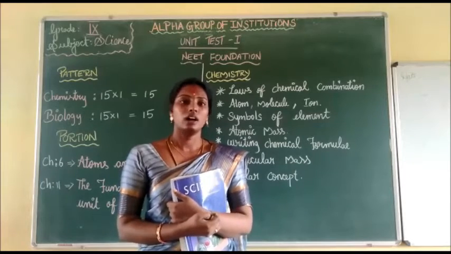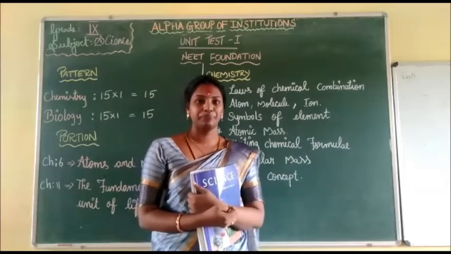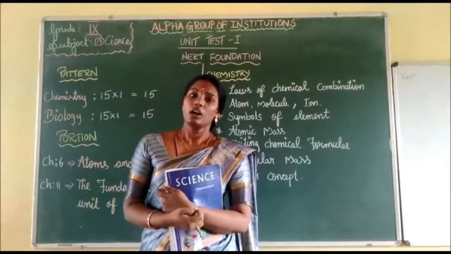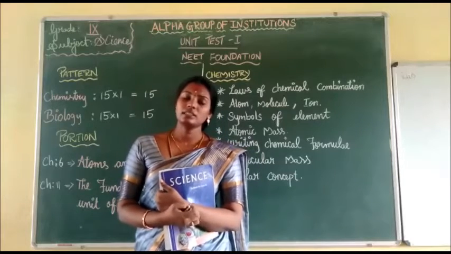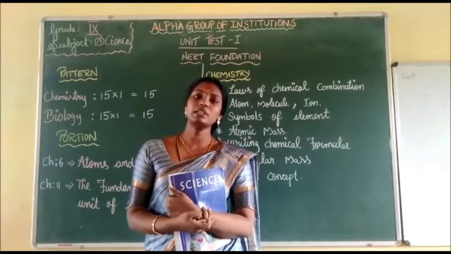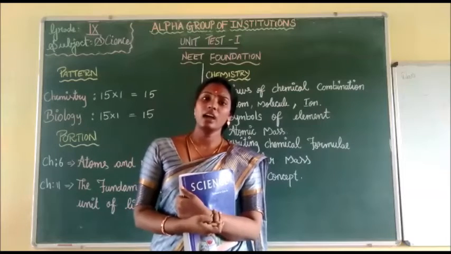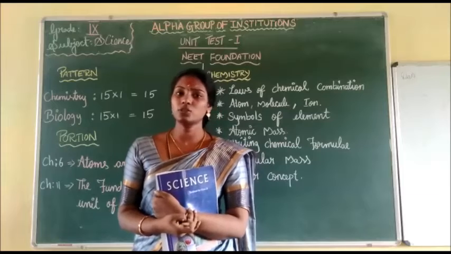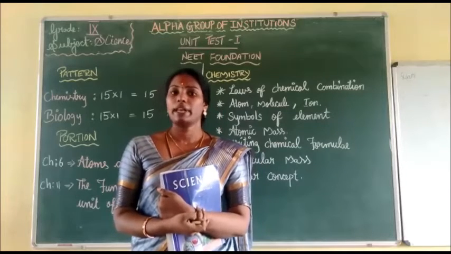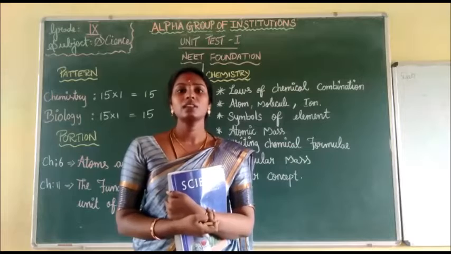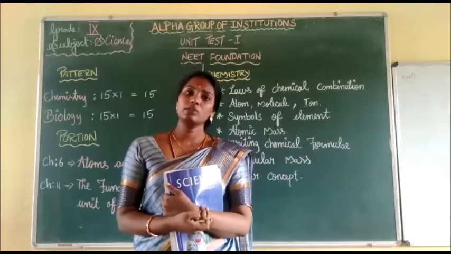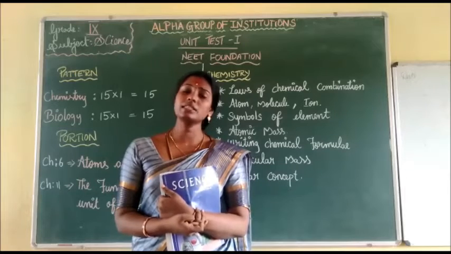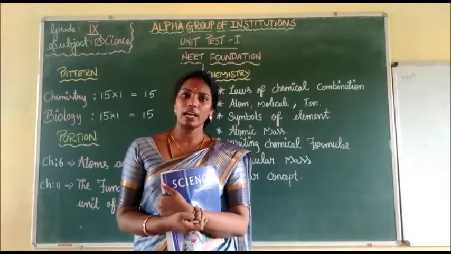Okay. So the next is atom, and the next one is symbol of element. In the earlier days, scientists gave symbols based on where the element occurs and how the element is extracted. Based on this only they gave the symbols. But after some years, IUPAC gave the symbols for the elements. What is the abbreviation of IUPAC? That is International Union of Pure and Applied Chemistry.